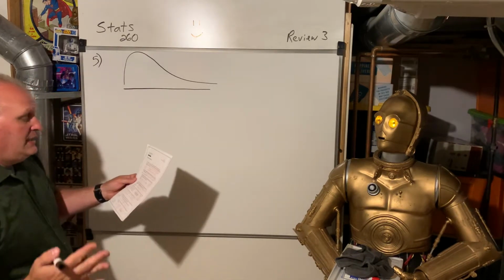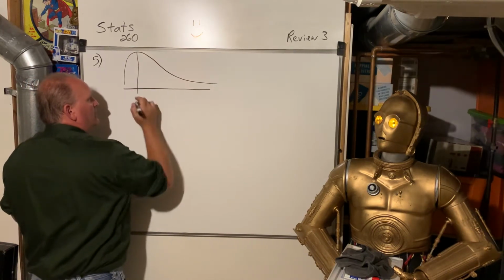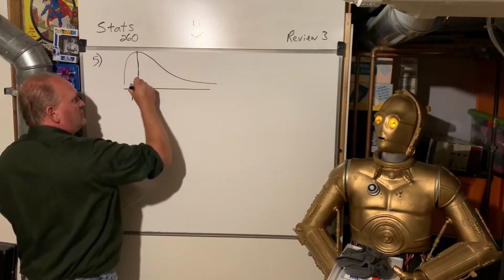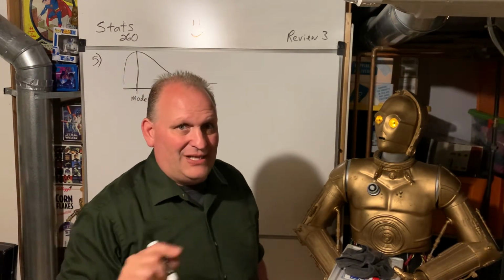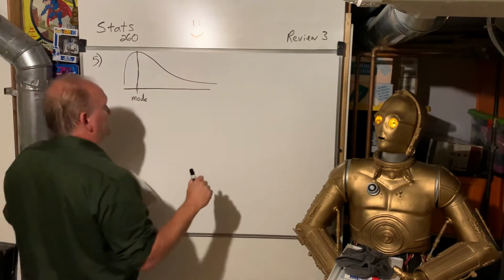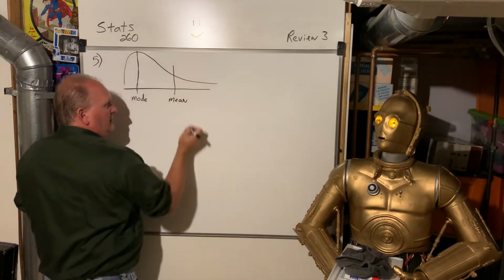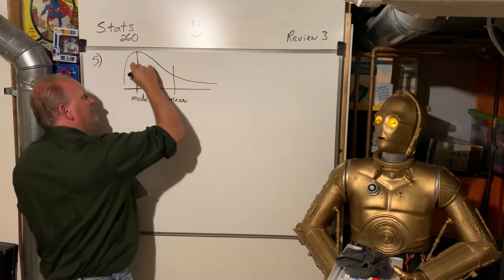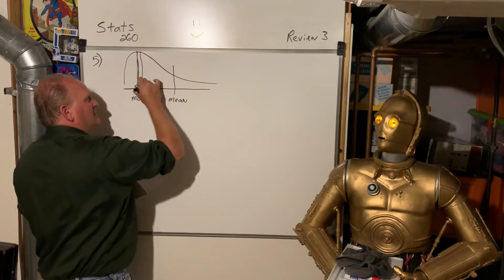So with this, the way that these curves work is the tallest point is always the mode. All right, and we learned in the earlier chapters, the mean is not resistant, meaning if there's an outlier, it'll mess up the mean. It'll give you not an accurate mean. So I'm going to exaggerate it and say the mean is way up here. Okay, so the mean gets pulled towards where the outliers are. And then the median is going to be really close to the mode. It is resistant, but it'll still be just a little off